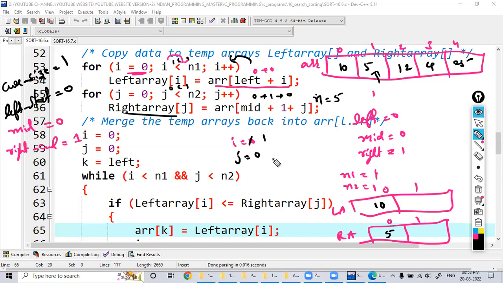So next j value becomes 1. 1 less than 1, condition false. It exits these loops. So these two for loops are also completed. Now,